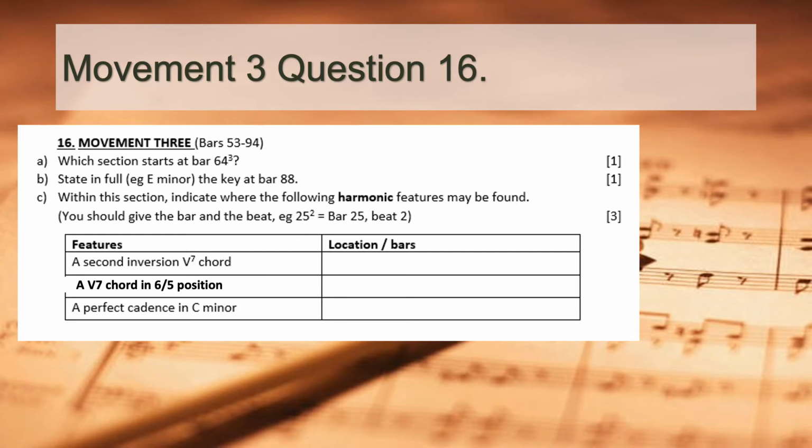So I've kept the answer the same, the chord that needs to be analysed is the same, but it's not in 4/2 position. The person that made these obviously is brilliant and has spent a huge amount of time on it, and she's just made a mistake. So you need to change that one. But anyway, we're not on that one yet, we're on the first one, which is find a second inversion 5/7 chord. So if you want to give that a go, you can, but bear with me,